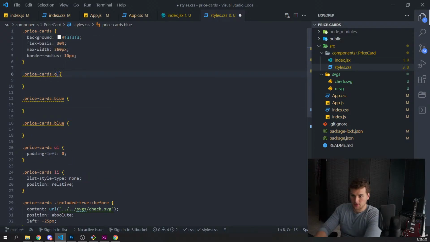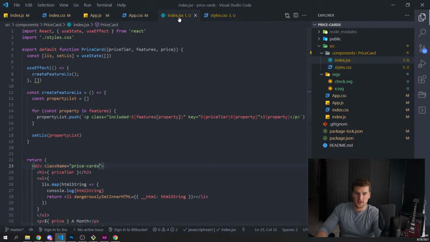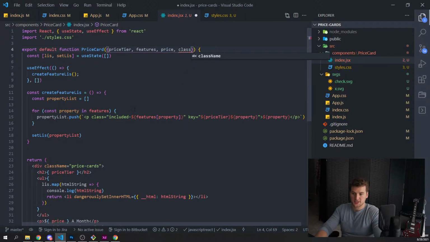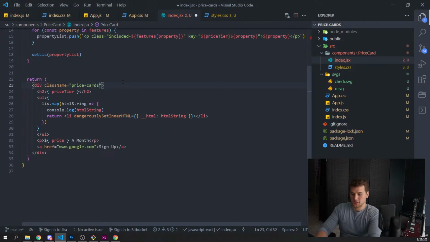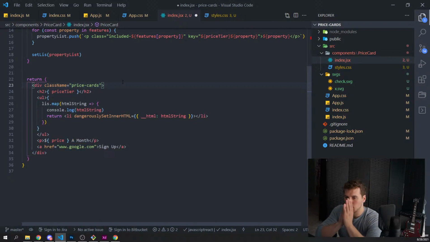So we had purple, blue, and sky blue, and we'll save. And then in our price card here, we actually need to destructure that class and stick it here. So we would do, wait. How do we do that again?